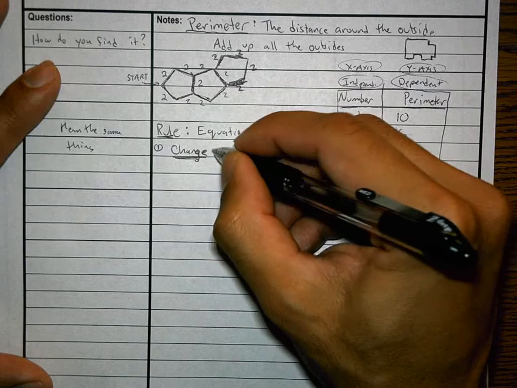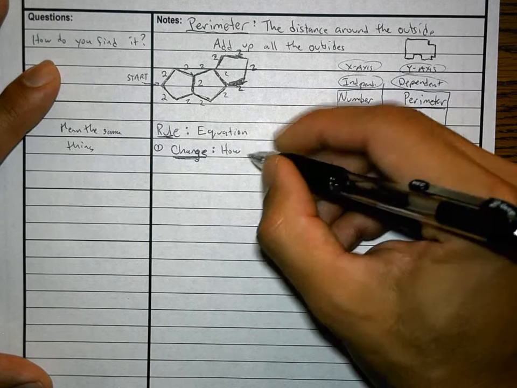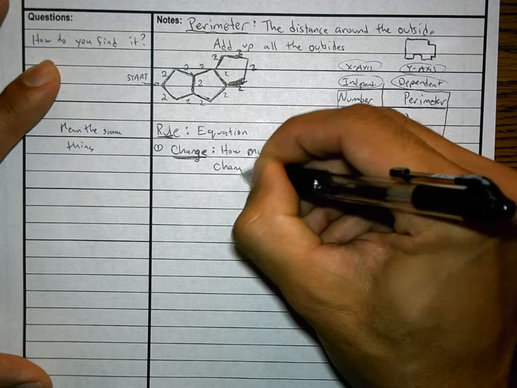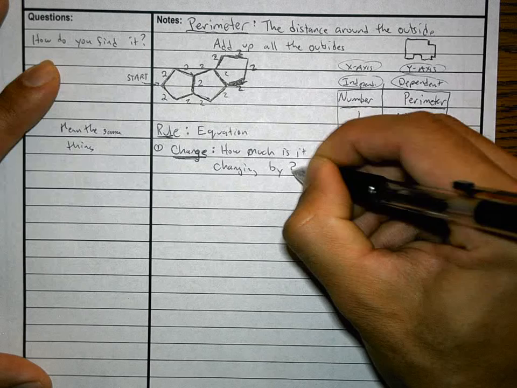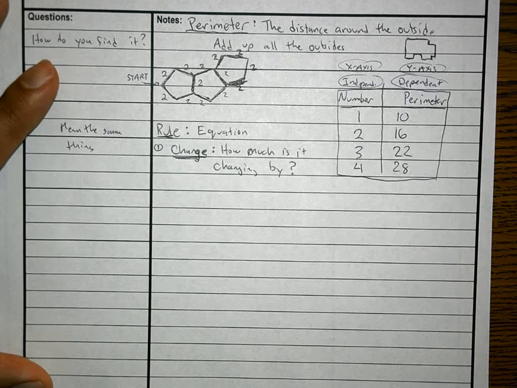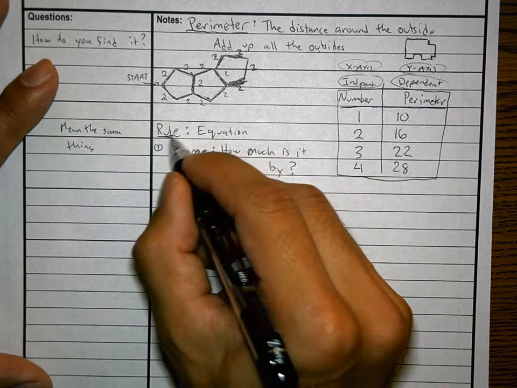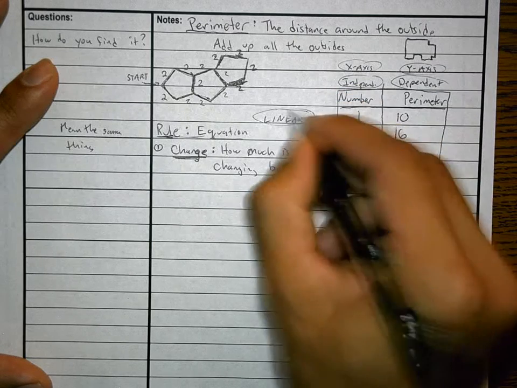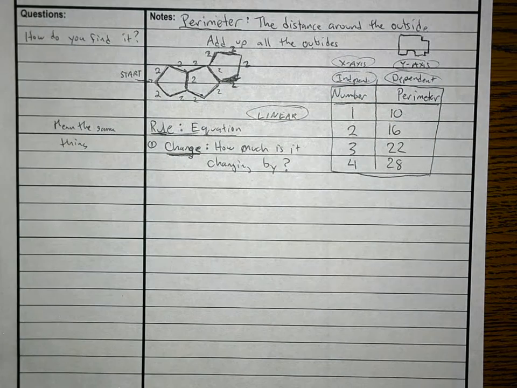How much is it changing by? That's what my question is. How much is it changing by? Every rule, and I probably should say not every rule, every linear rule. This unit, all of Unit 2, you're going to be figuring out between linear functions and other types of functions, okay? Every linear type of rule or equation will deal with change. And the second one